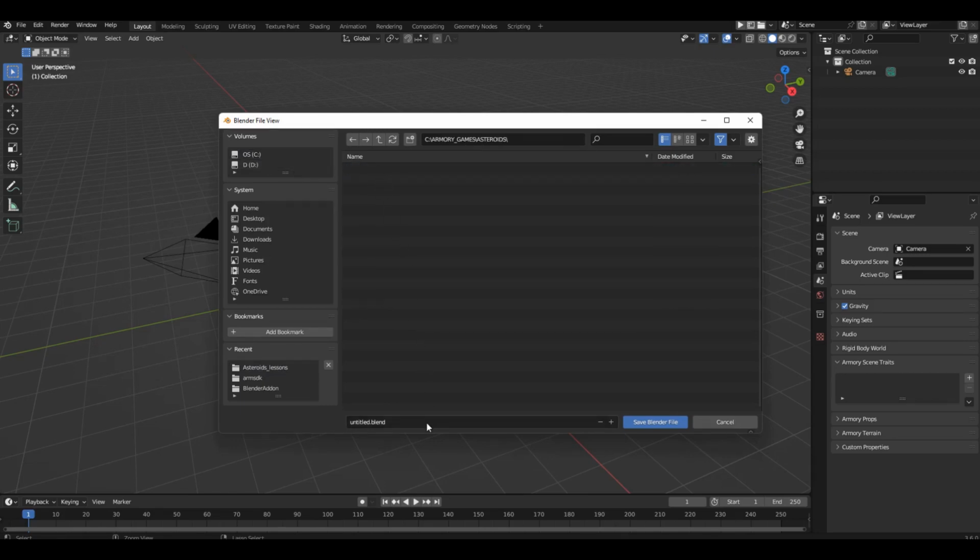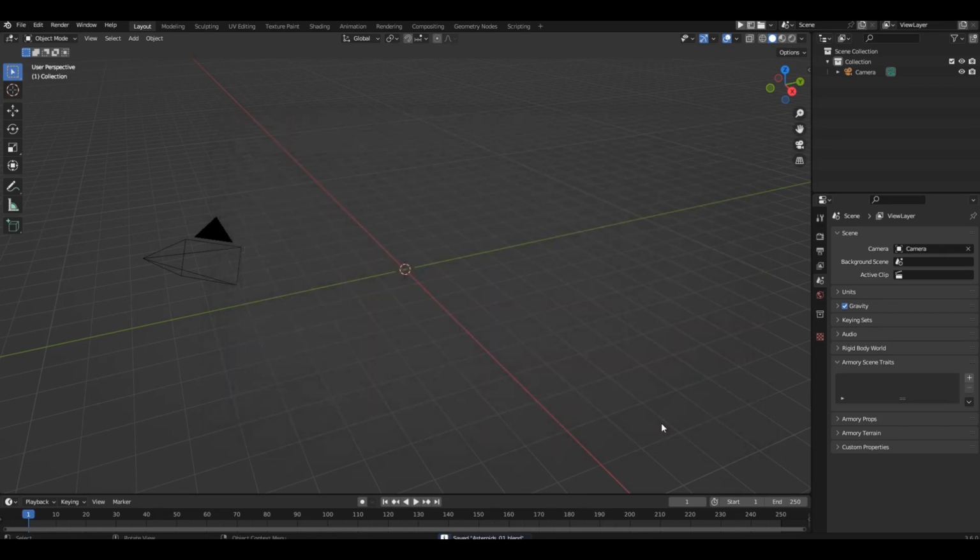Don't rush to save the file, you need to give it a clear name. We will periodically save different versions of the project, so that in case of an apocalypse, we can revert to a previous version instead of starting from scratch. So, let's name our file asteroids_01. Now, press the Save button and move on.